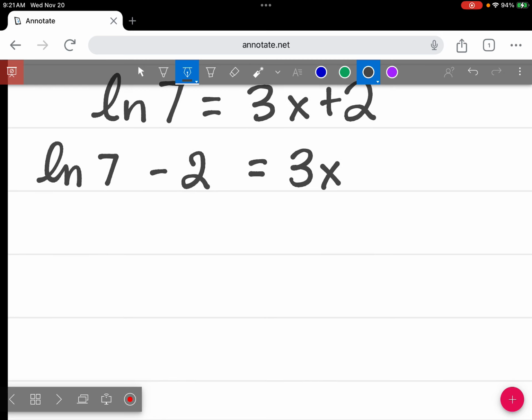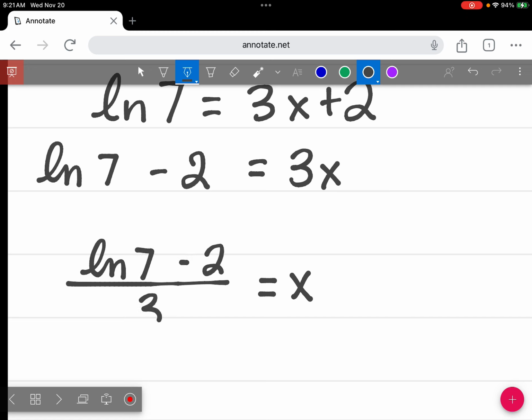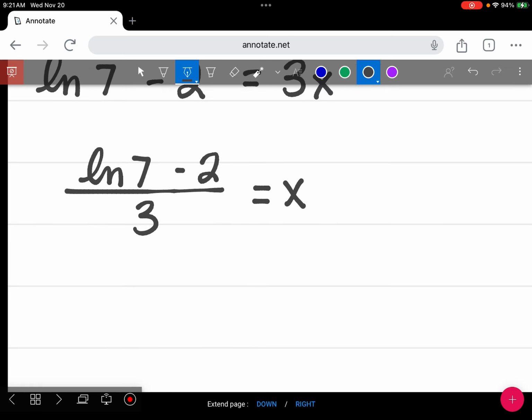What do we do? Divide by 3. And this is going to be a super gross looking answer, because our natural log of 7 minus 2, over 3, is our technically correct, most accurate answer. Not super helpful if I'm trying to figure out where that is or how long that is though. So to get a decimal approximation, we type it in the calculator,